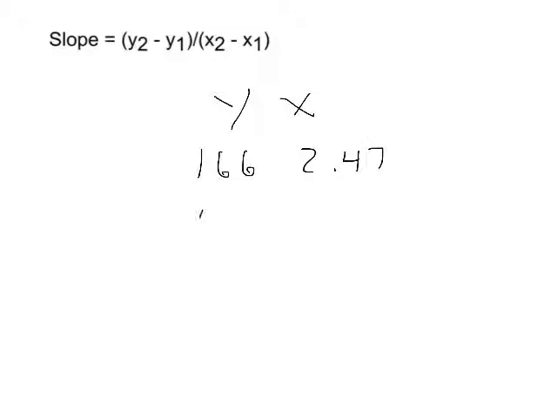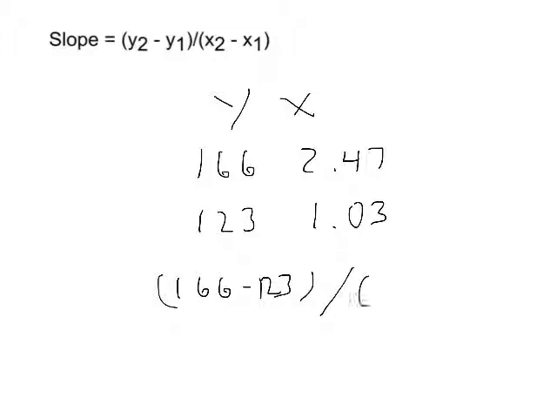And the first point was 123 for y and 1.03 for x. So I'm just going to plug those into this equation. 166 minus 123 divided by 2.47 minus 1.03. I'm going to stick that in my calculator, and we get